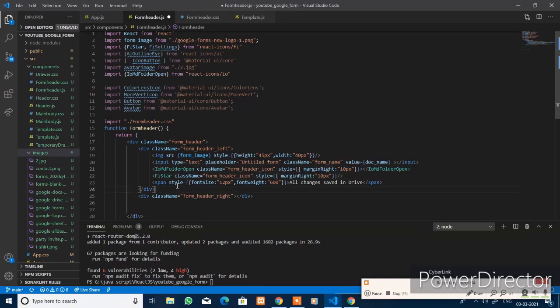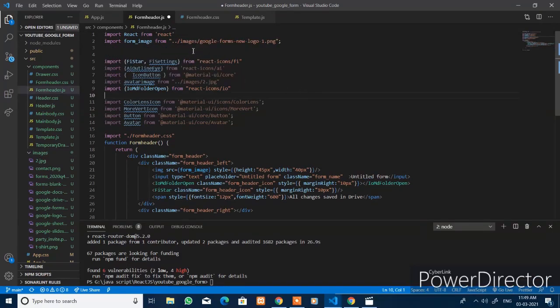You add the inline style, font size 12px and font weight 600 for the text. For the two icons, you add margin right of 10px, and the class name is form header icon. You style the image with a height of 45px and a width of 40px. Add the correct path here: images, Google Forms new logo.png and the avatar image 2.jpg.